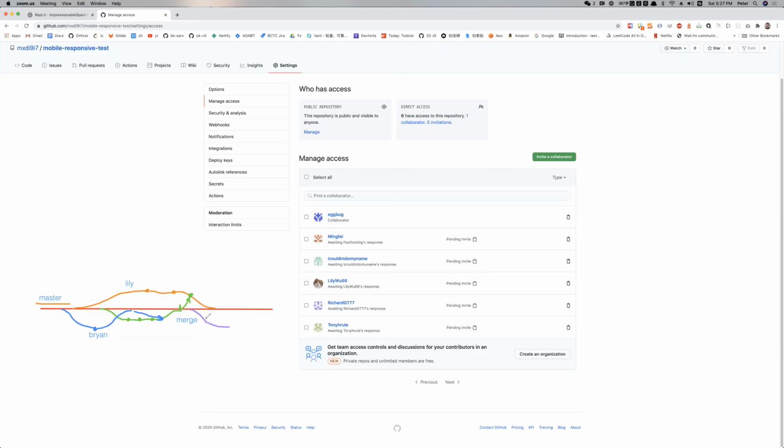Okay, Evan started a branch, made some commits down the line, and when Evan's finally able to push back the code, whose code does Evan need to merge with in order to push Evan's code into the master branch? Somebody tell me. Lily, very good. So Lily merged in before Evan was able to merge it in.